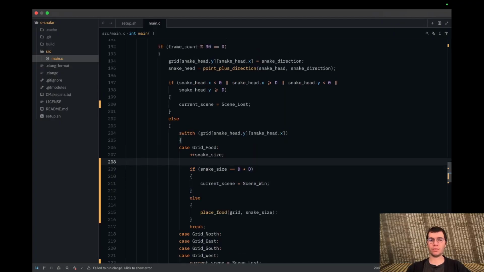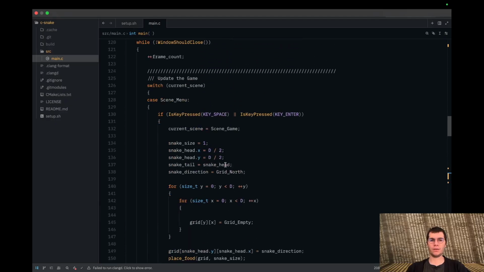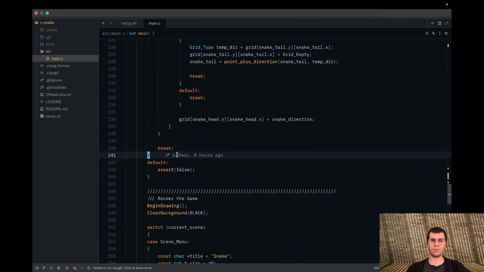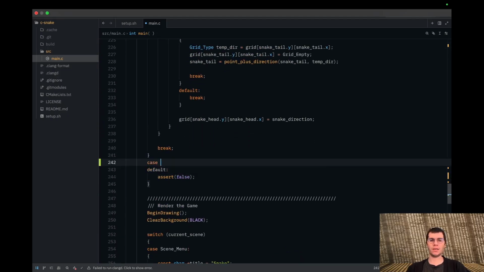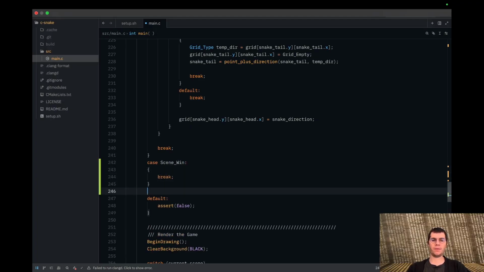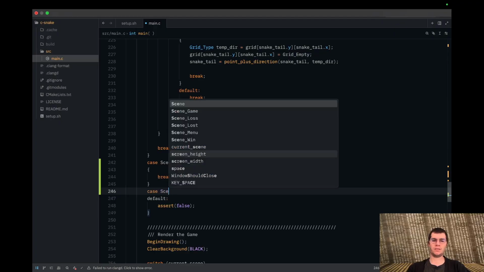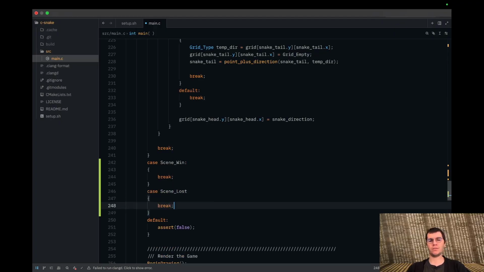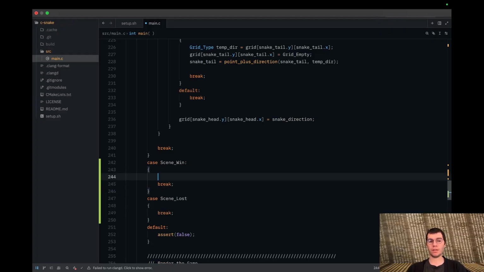And so now there are two more things to do, right? We have this behavior right here, but we're not handling the case of scene win and scene lost. So we have to do that now. Case scene win. And then we'll do some stuff to make this work. And then we need case scene lost. And then again, we'll do some stuff to make this work. Specifically, all we're going to do is basically say,